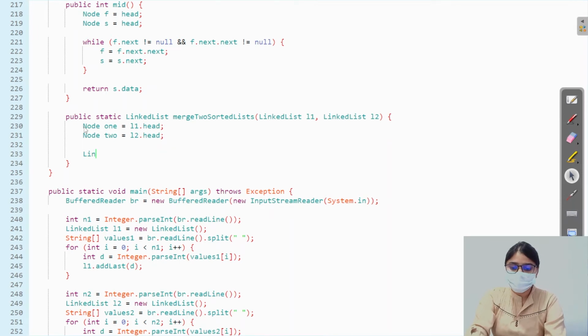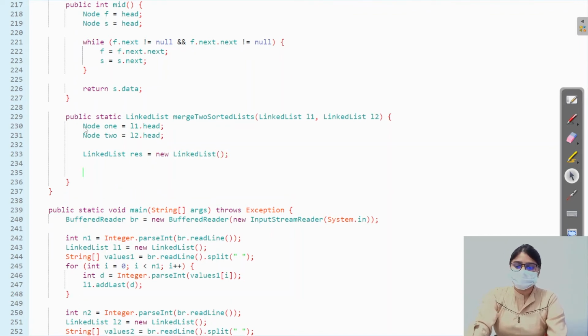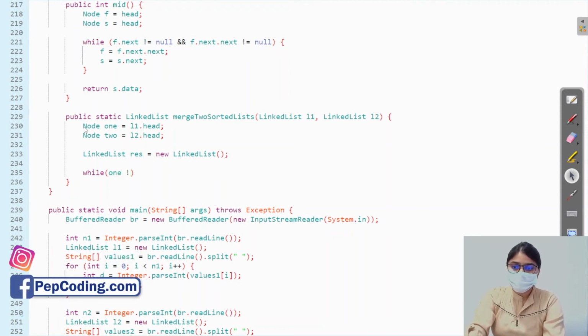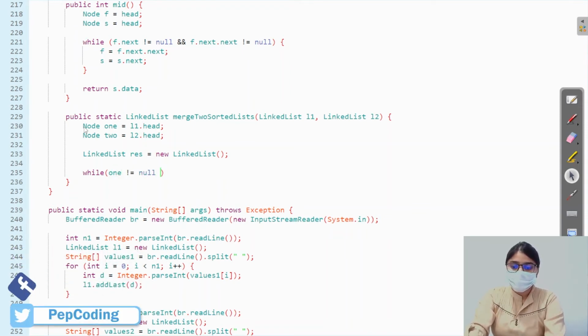Now we'll create a new linked list named result. Now while both the linked lists have elements, so while node1 is not equal to null and node2 is not equal to null,